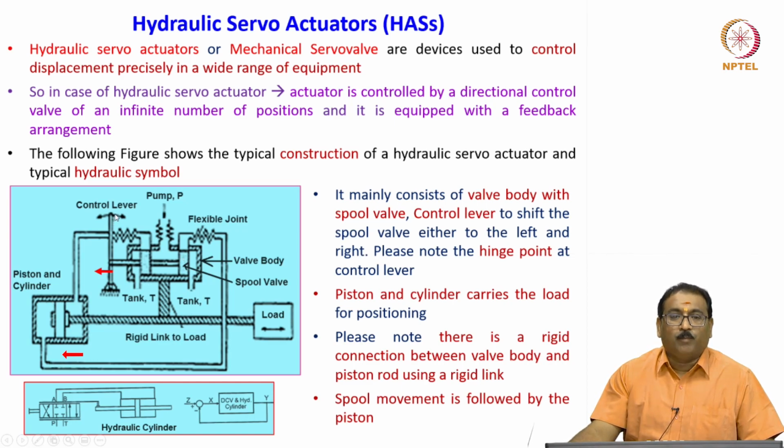But when we move the lever, it can be moved to the left side or right side. It will rotate around the hinge point. Please remember this. When it moves to the left side, what happens here? The pump flow will come here, enter through this and come to the tail side. Then what happens? The piston will start moving. Whatever the flow is there, it will come here, it will go here, then it is open. Because I moved here, it will go through this to the tank.